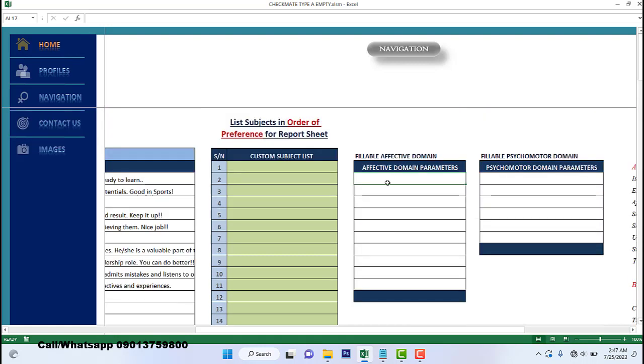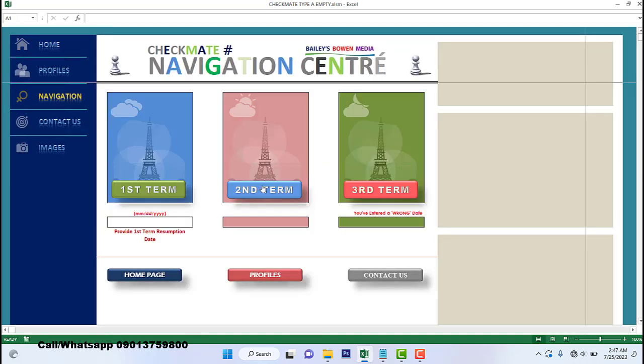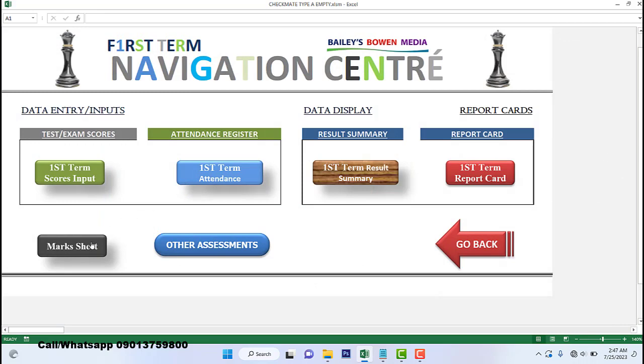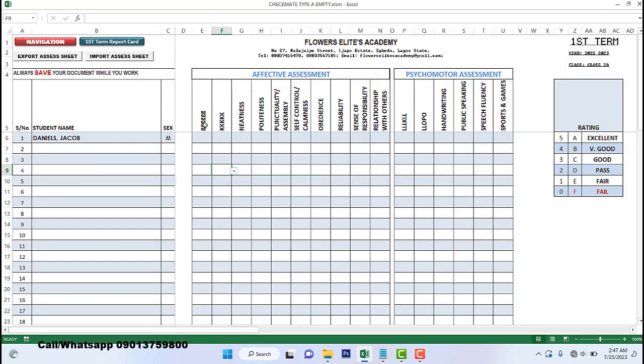So let's say I have GGGGG and KKK, and then just to see how this works, in case you want to change your school parameters. So this allows me, if I go back to the navigation button, maybe first time, let's just work with first time, and so you can see it is overridden. It overrides the parameter that was there before and then retains the rest. So this allows you some flexibility